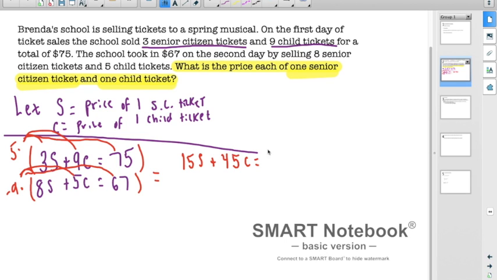375. Okay, that's the top piece. On the bottom, -9 times 8s will give me -72s. -9 times 5c will give me -45c. Ooh, look at that. That's nice. And then -9 times 67 will give me -603. Not very nice numbers, but the one I care about came out nice because now I can eliminate